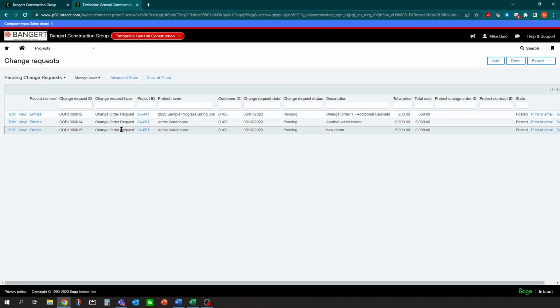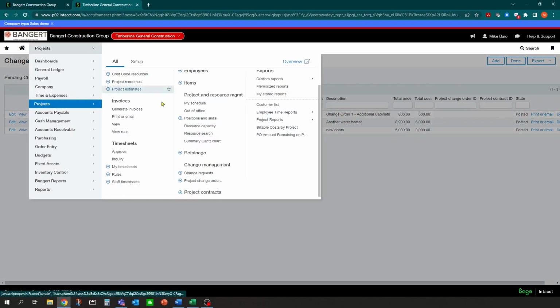So you can see here, if I want to, as a project manager, just filter and see my change requests and where they are in the process. You can manage that all with views, custom views in here. So at this time now, the owner comes back and says, okay, go ahead and bill us, get it on the contract. We could turn those change requests into project change orders. So we can come into here, hit project change order.